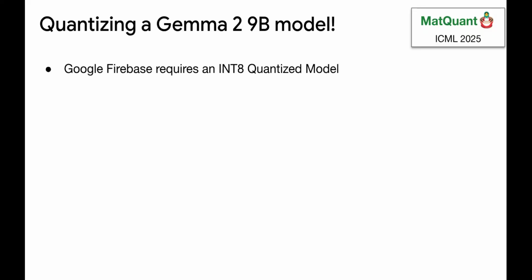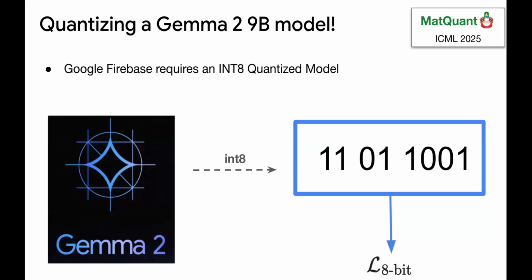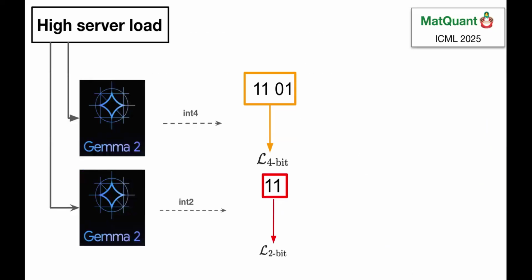An 8-bit integer, when you look at it, the first 4 bits should be the 4-bit integer. If you're 8-bit quantized model, if you take the first 4 bits, it's not a 4-bit integer, then something is wrong. And if the first 2 bits are not a 2-bit integer for your int2 model, something is wrong. And what does this remind you of? It's the Matryoshka law. So you do an 8-bit quantization with QAT. You also want to do 4-bit and 2-bit.